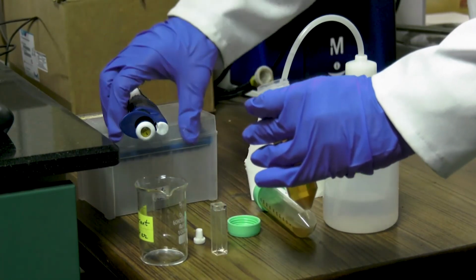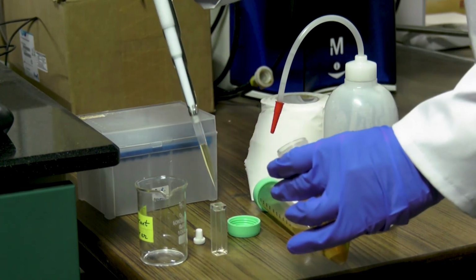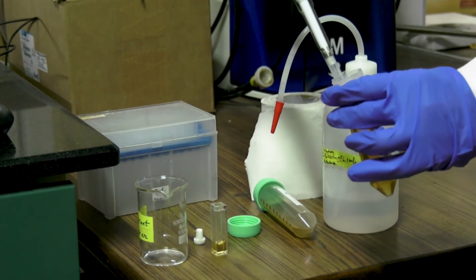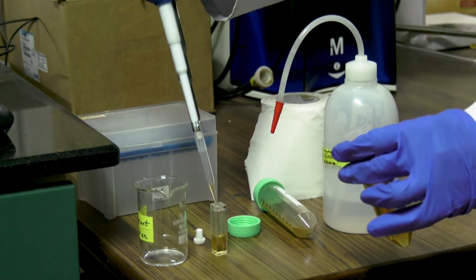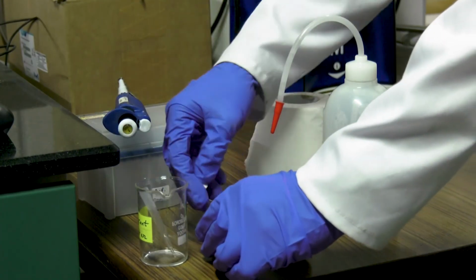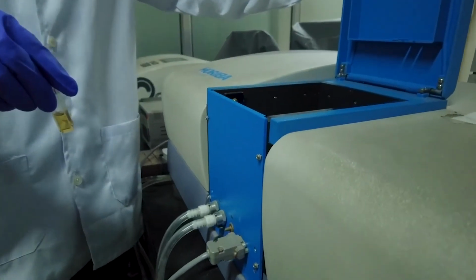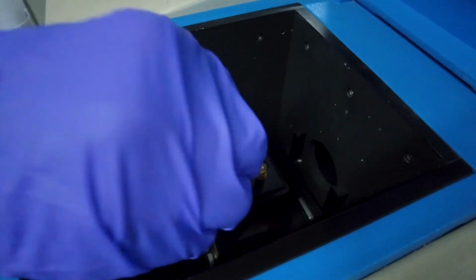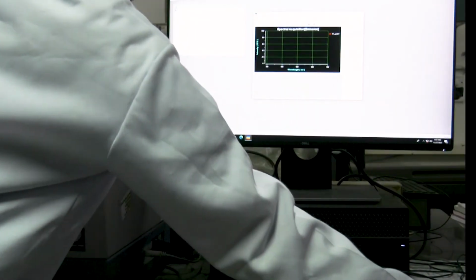Add 2 ml of the carbon dot sample into the 4-sided quartz cuvette. Ensure that the cuvette is clean and there are no bubbles in the sample. Now place the cuvette inside the sample holder of the machine. After closing the chamber, press run to start the PL spectrum measurement.